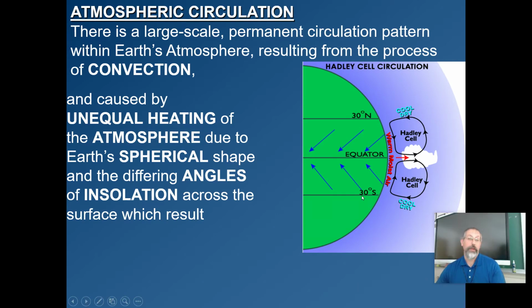So uneven heating of the Earth's surface causes this. Especially the equator is clearly a warm spot, with direct solar rays most of the time. So you'll end up with warm air rising off the equator almost every day because it's warm there pretty much every day. Eventually that air cools off as it gets high enough and it'll want to sink back down again. So you end up with these circulations. Here's the first one, from the equator rising up and then sinking back at 30 north or 30 south. But there's other ones, so that's what we're going to talk further about here.